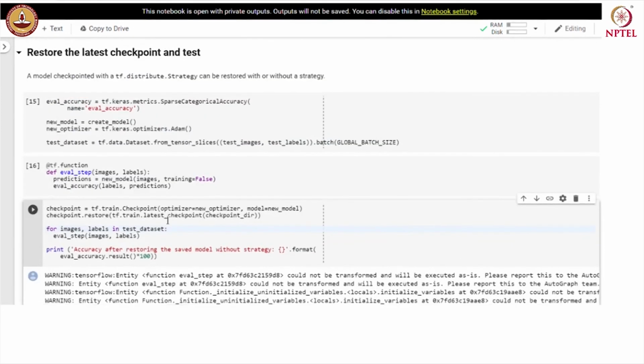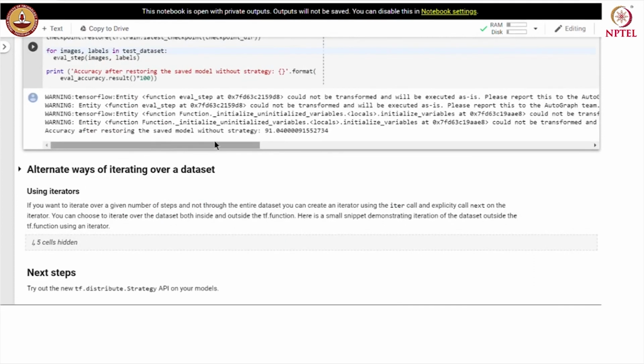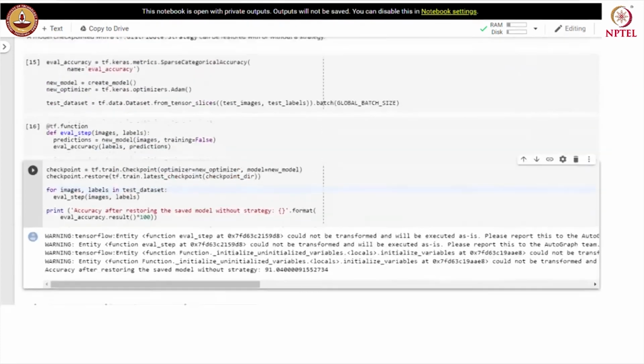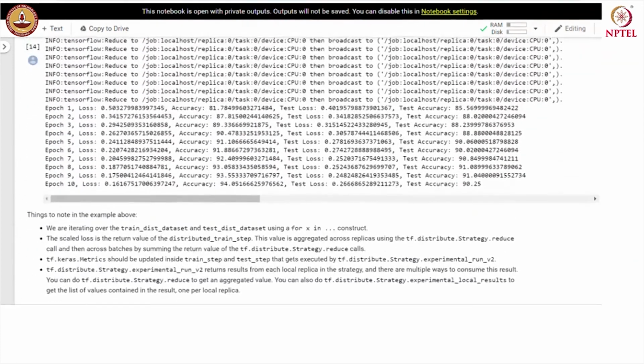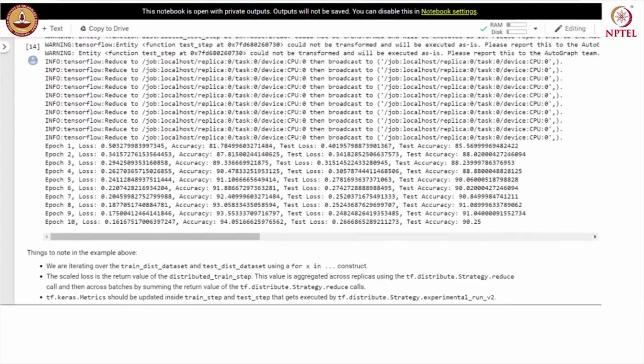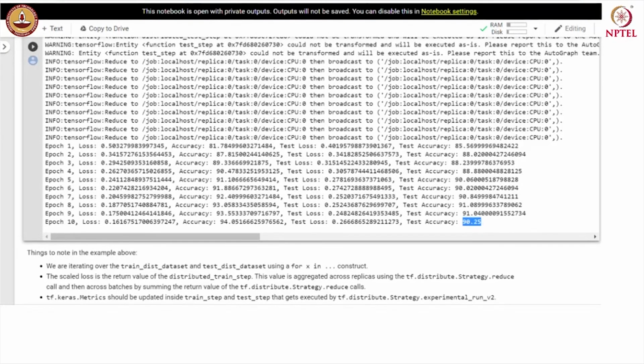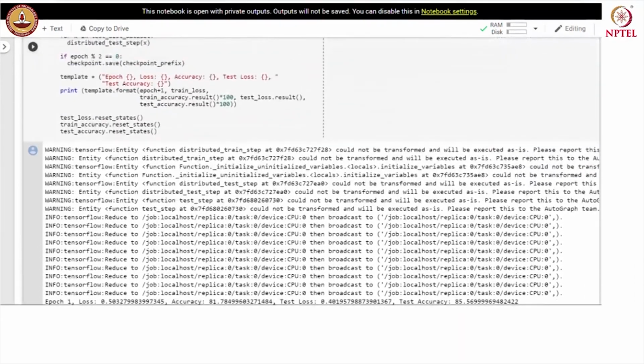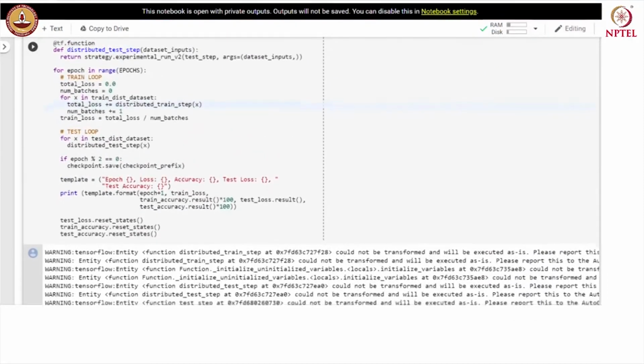And you can see that after restoring the model without strategy, we have accuracy of 91.04%. And we had test accuracy of 90.25% at the end of training the model.